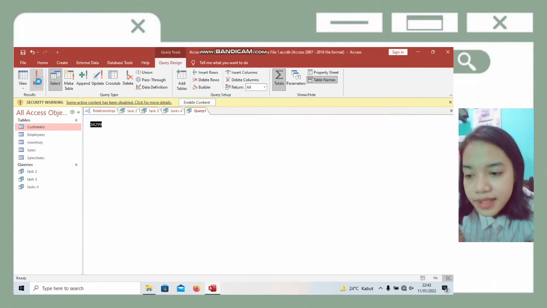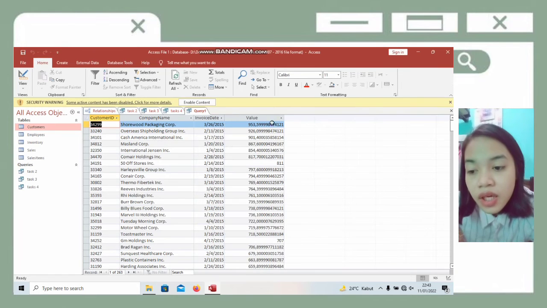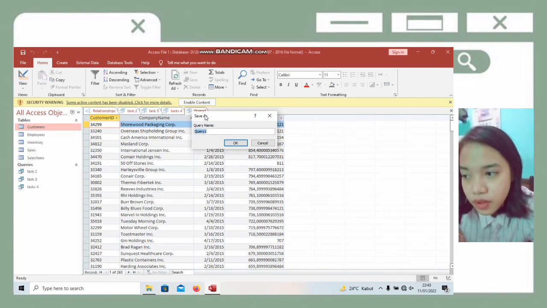And click Run. So here is the data for the top 3 customers in 2015 based on sales: Sherwood Packaging Corporation, Overseas Shipping Group, and Case America International. And then save the query and give it the name Task 5. And then click OK.